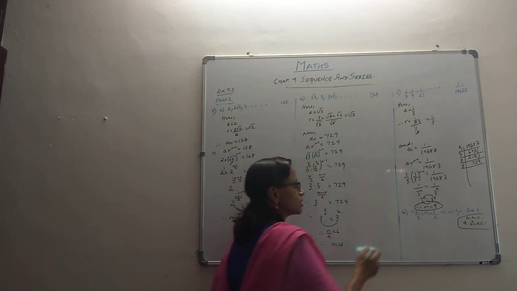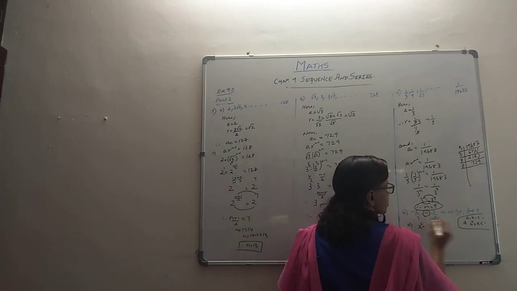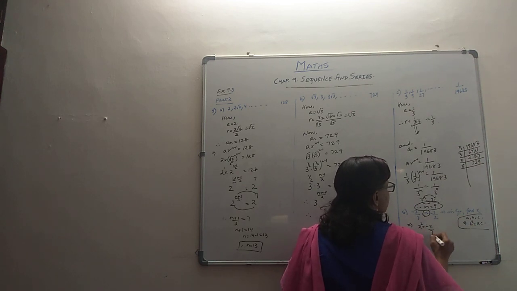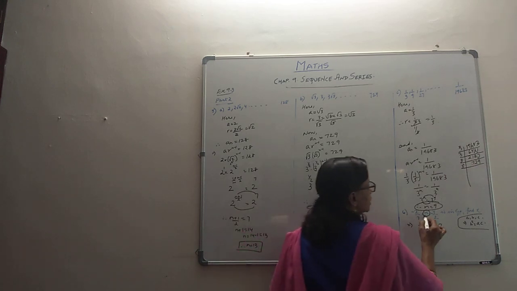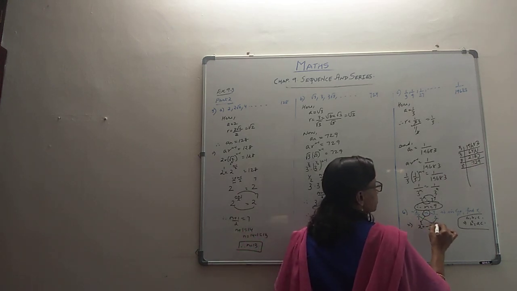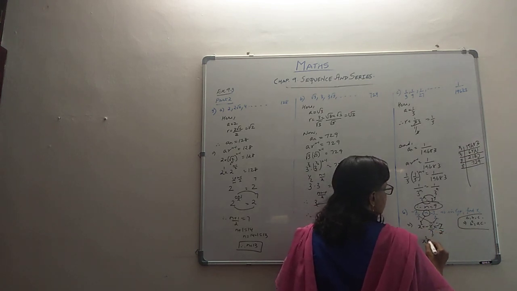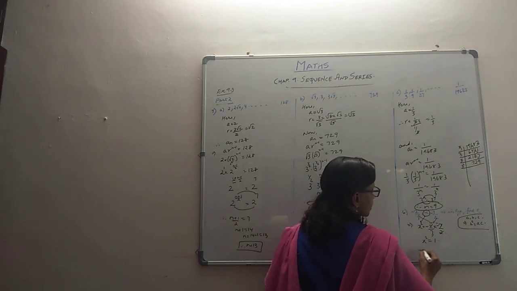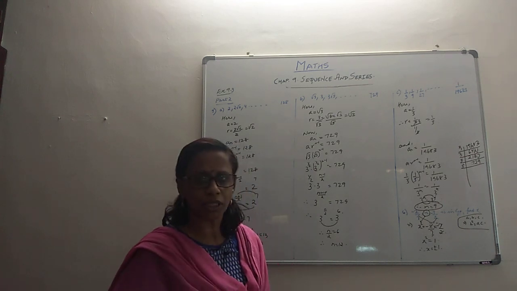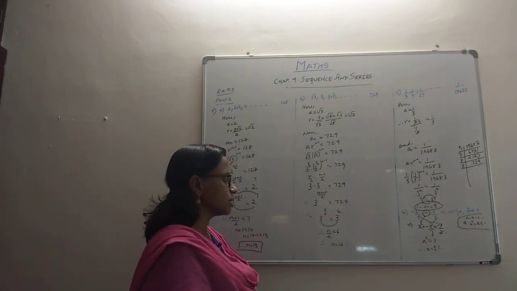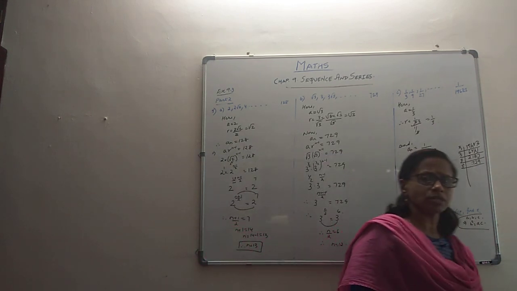So in the same way, because this is in a GP, it implies that the middle term squared is the product of these two. That's what happens here. Minus 2 by 7 into minus 7 by 2. So the middle term squared equals the product of these two. So 7 7 cancel, 2 2 cancel, minus into minus is plus, x squared equal to 1. What could x be? It could be plus 1 and it could be minus 1 also, because when you take the root of 1, it could be either 1 or minus 1. So the x value is plus or minus 1. That's what they have asked you. What is the value of x? Yes, it can be plus 1 or minus 1.